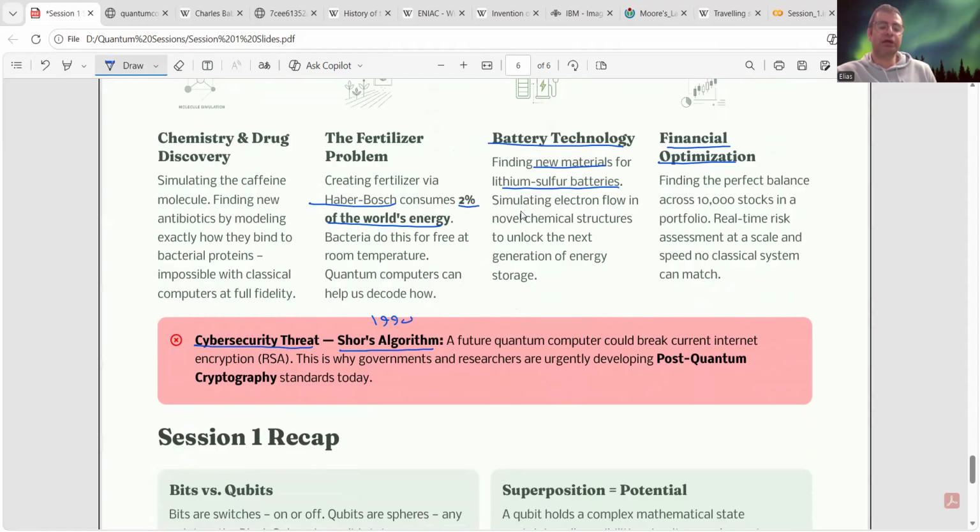And this was introduced in 1994 by Peter Shor. And this is an algorithm that's going to break your internet security. And it's been shown that for breaking algorithms like RSA or elliptic curve and Diffie-Hellman and all these public ciphers that we are using, we don't actually need a lot of qubits.